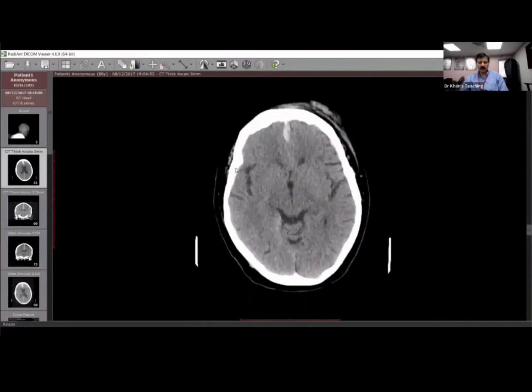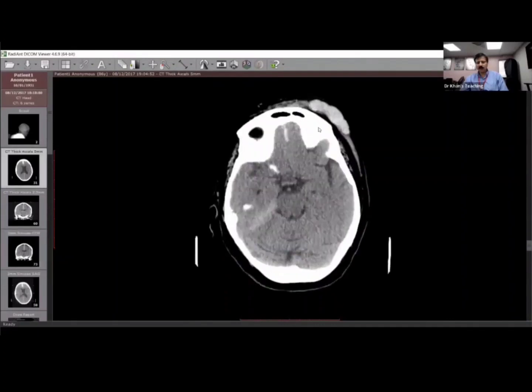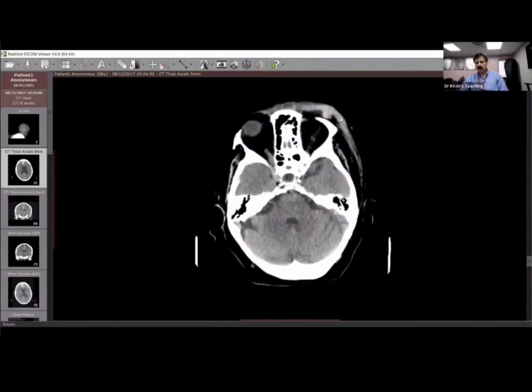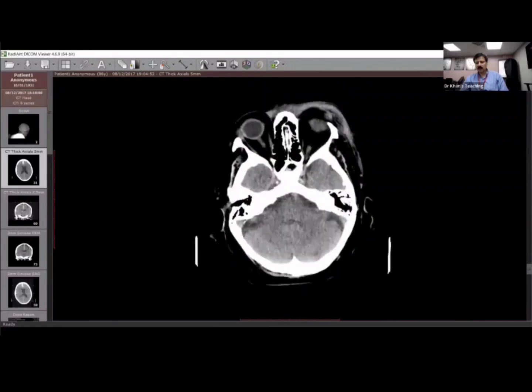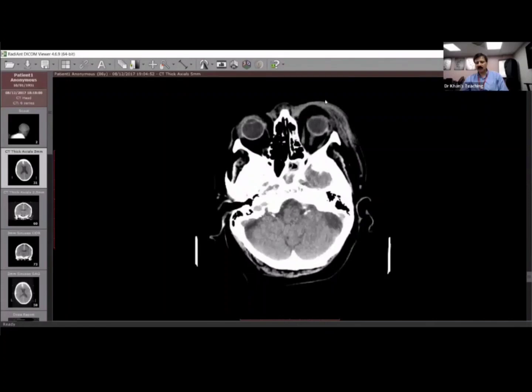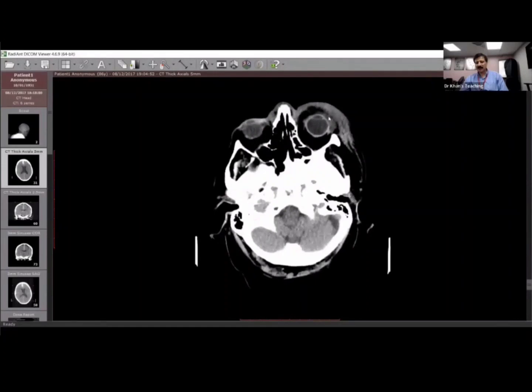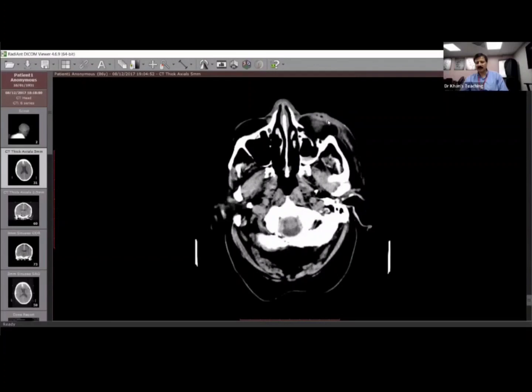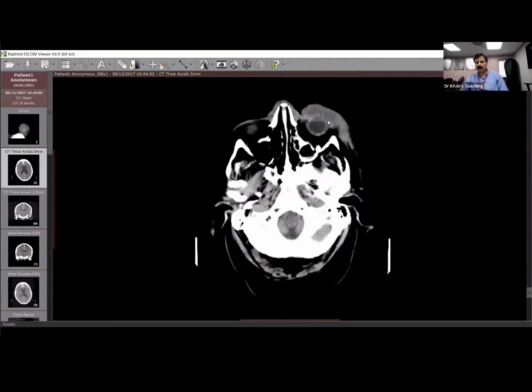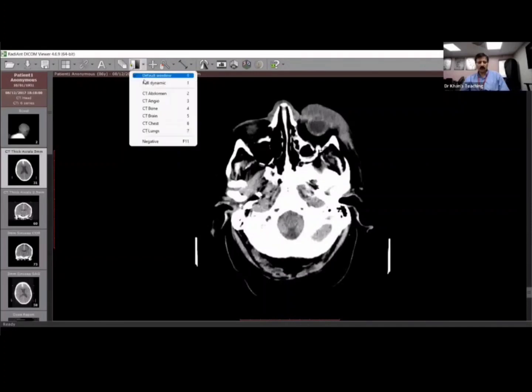if you see here now, you see where is the trauma. The trauma is just superior to the orbit, right? And you see this pre-septal thickening. And look at this globe, a lot of edema around it and things like that. So your mind should have gone into orbit. And if you look carefully, if you go to the bone window here,